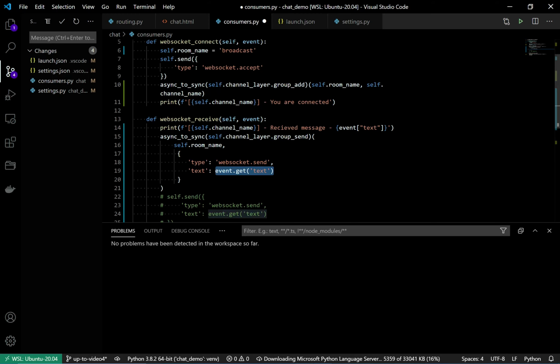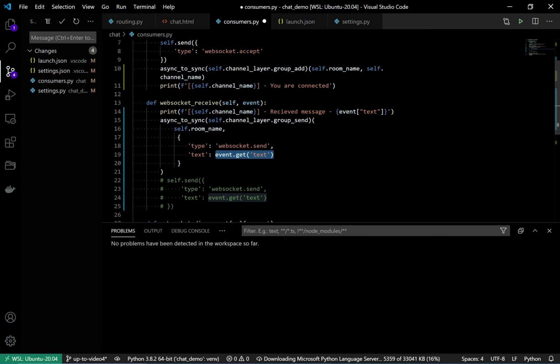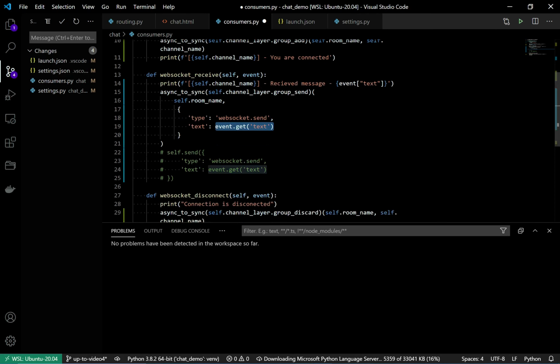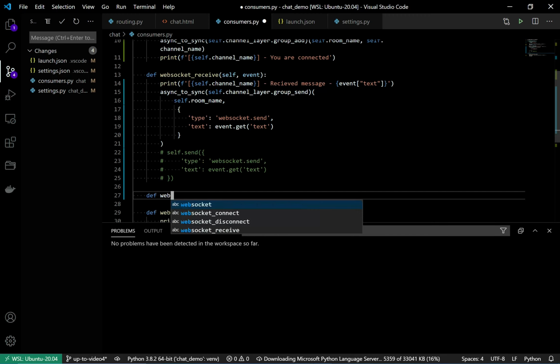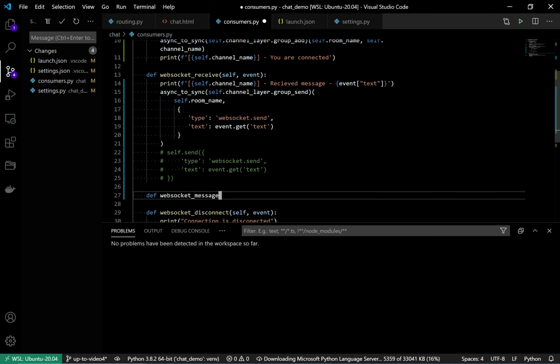Instead of doing this websocket.send, you have to create your own event like this: def websocket_message.